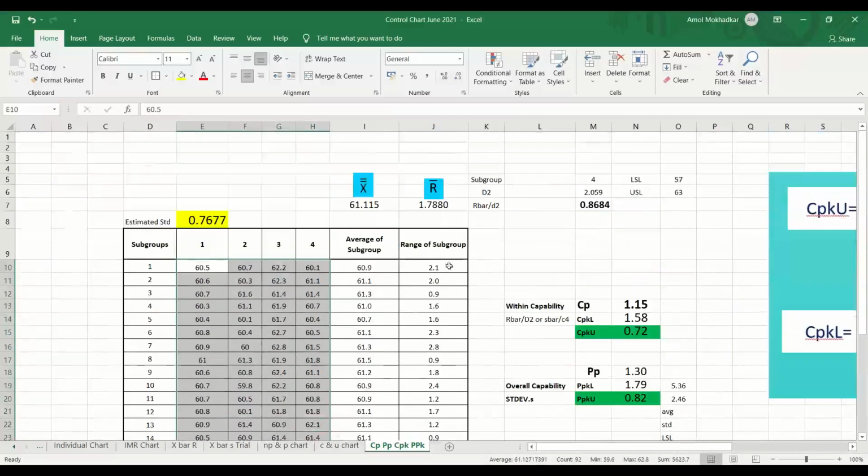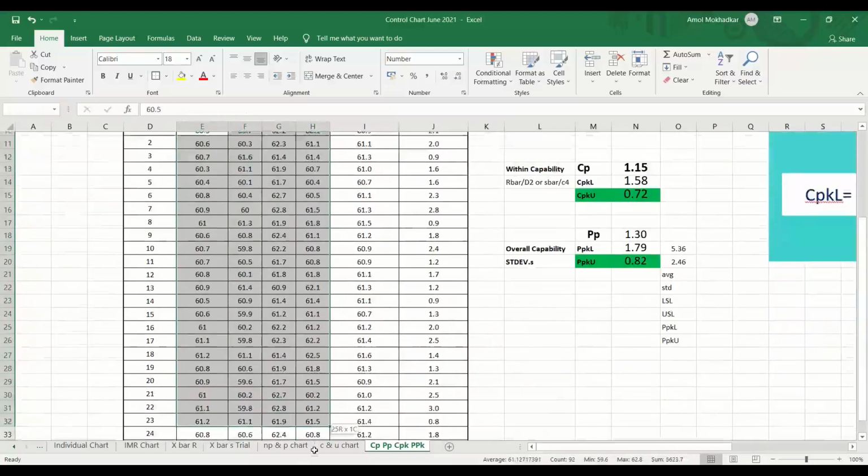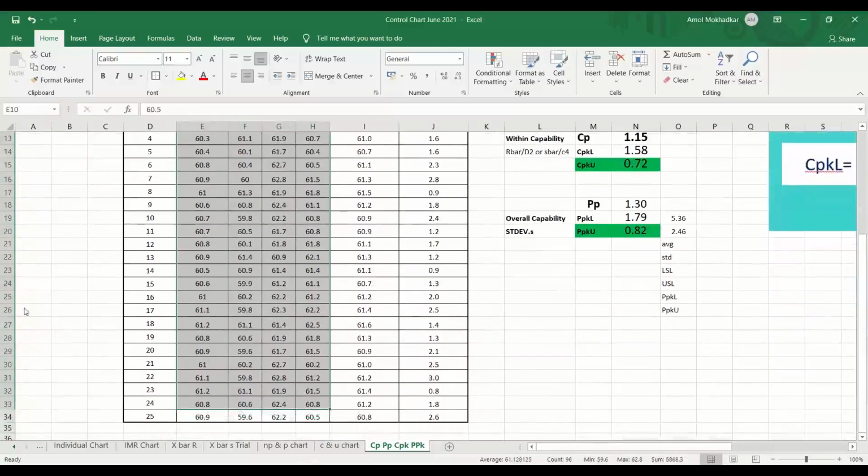Here, when we calculate the standard deviation by R bar by D2, we are just calculating the within subgroup variation. We are not taking into account the whole variation. That's why this is called within capability. CP is the within capability. Whereas for PPK, we are using the overall standard deviation, the standard deviation of all these values.